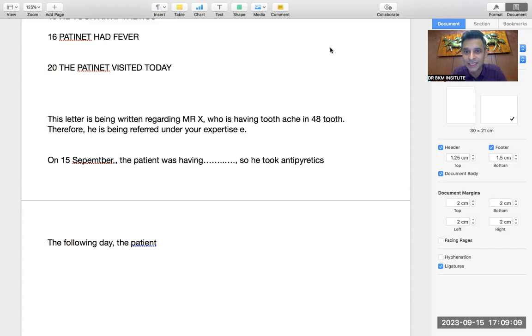When I did dentistry, I was told 1, 2, 3, 4, 8. 8 teeth in this quadrant, 8 in this, 8 in this, 8 in this. Total 32. 8 fours are 32. So we have 32 teeth. So 48 means that it's the last molar that is affected. So we used to divide it in 4 quadrants.